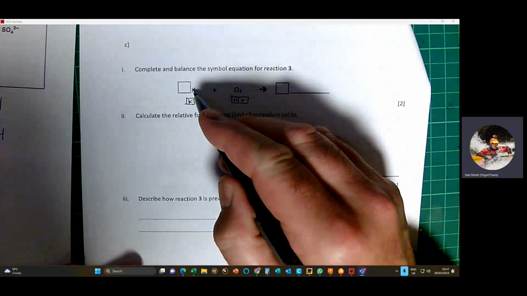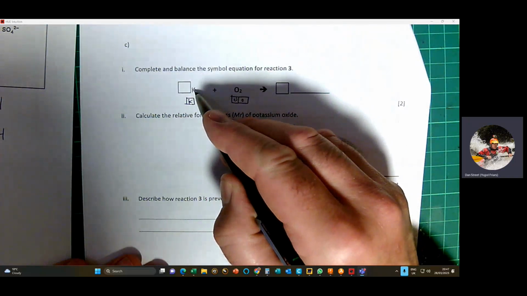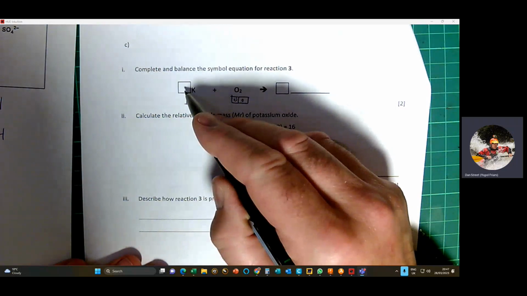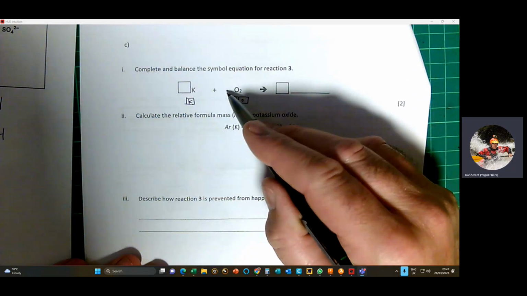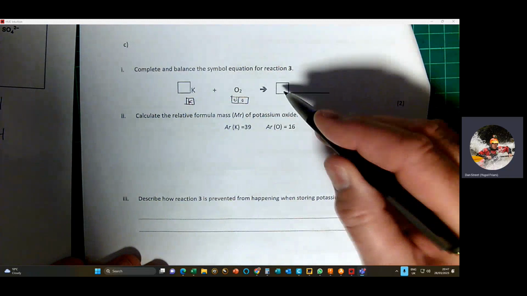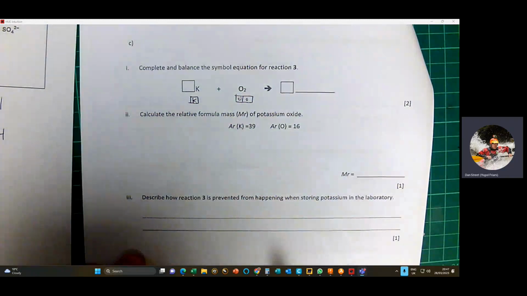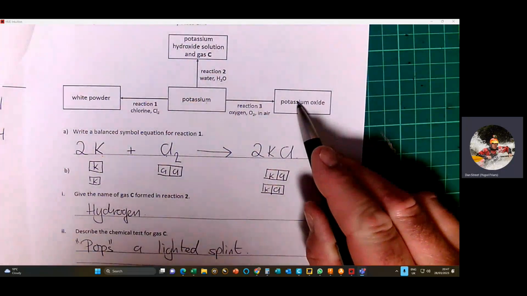Now, a little clue or a tip, if there's a box in front of an element in a GCSE chemistry paper, the likelihood is, well, it's not the likelihood, there will be a number going in there. If there's no box present, there's no number required. But we do need to identify what needs to go here before we can look at the box. So if we go back to the question,